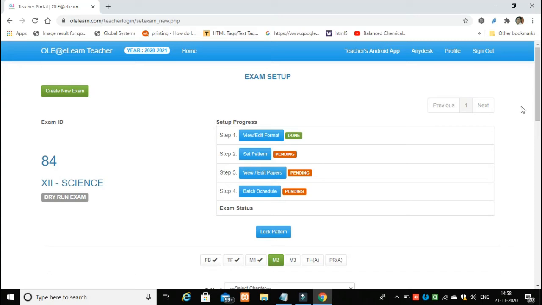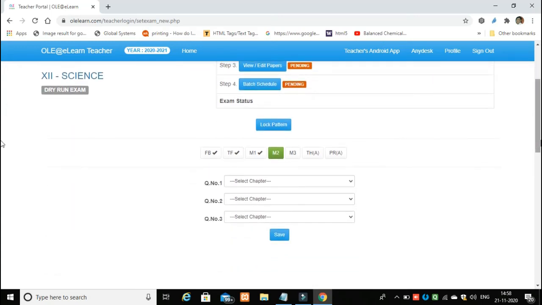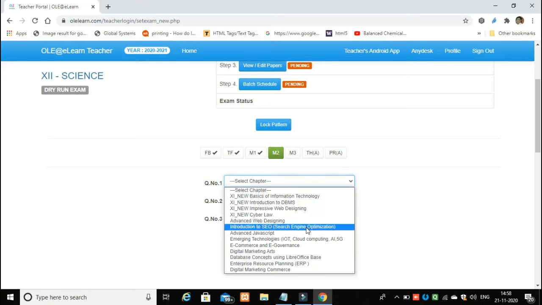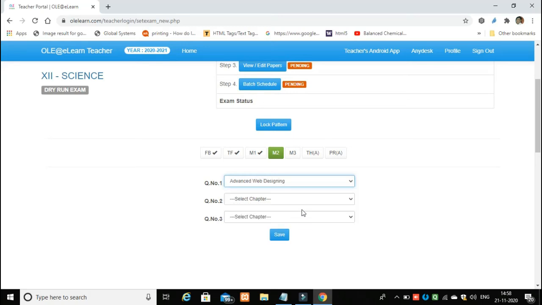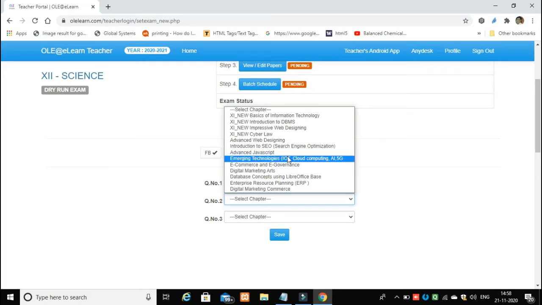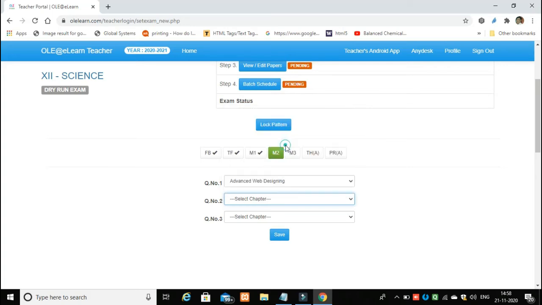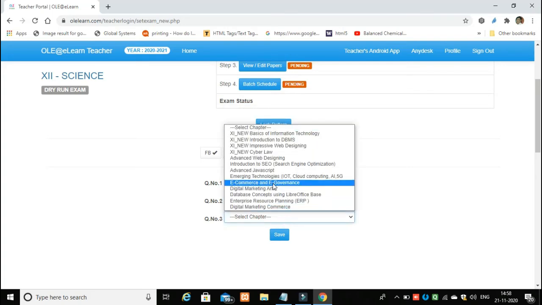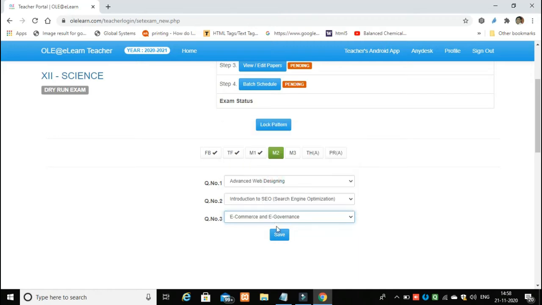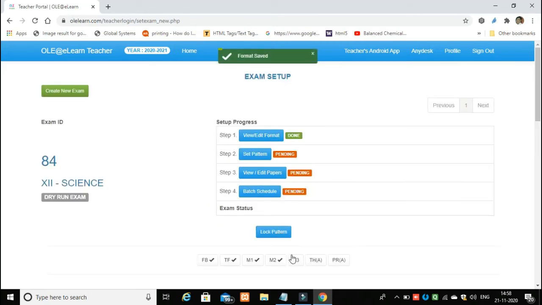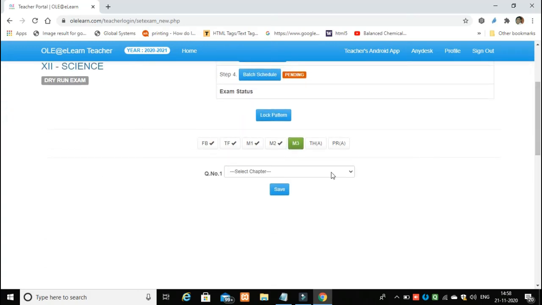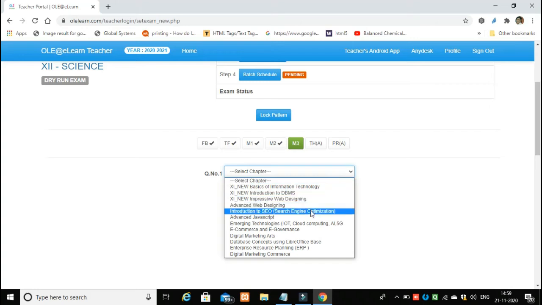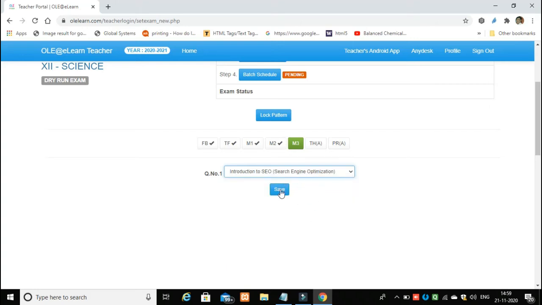Go to M2. Now in M2, you are supposed to assign 3 questions. So go to the chapter, select them, save. Then M3, only one question from one of the chapters which you will select, and then save again.